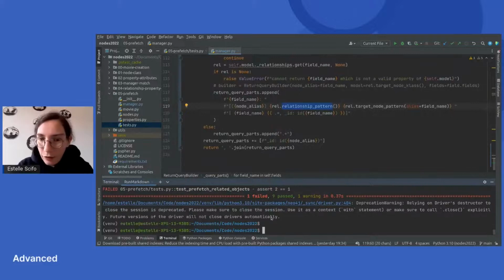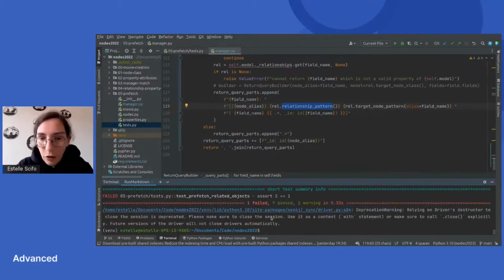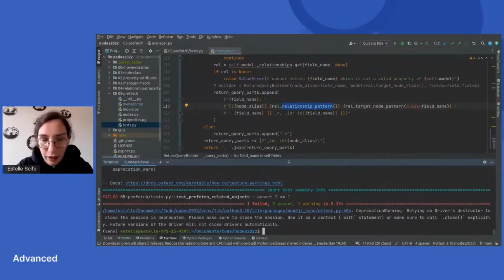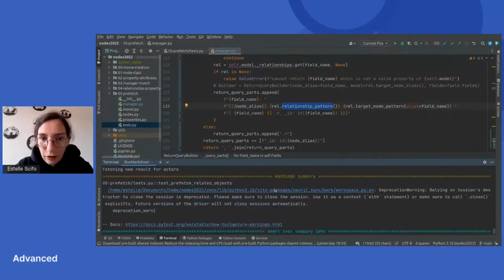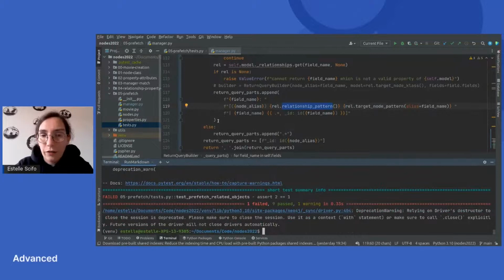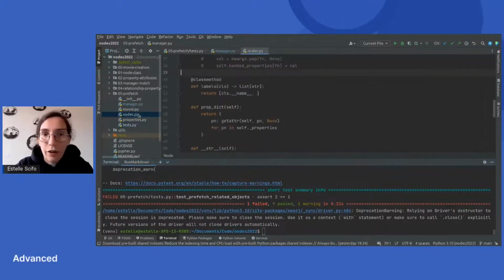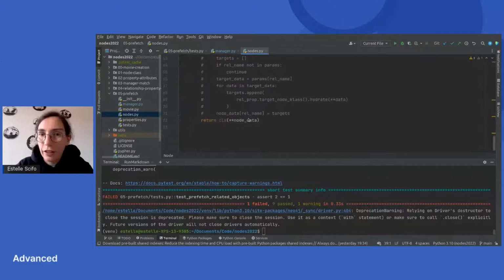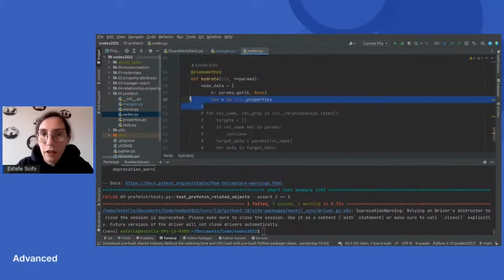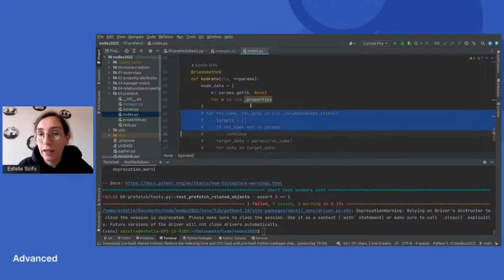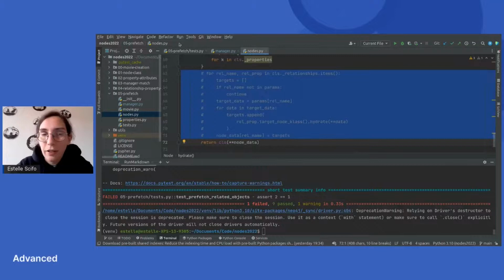So what happens if we run this? Okay, it's failing again, and I know why. The reason lies in our iterate function here. I've only shown it quickly, but it's using only the properties. It's not reading the relationships of our class in any way, and that's what we are going to fix right now.